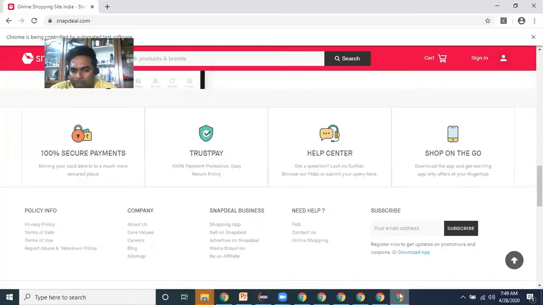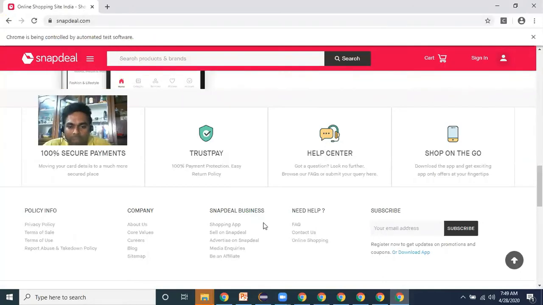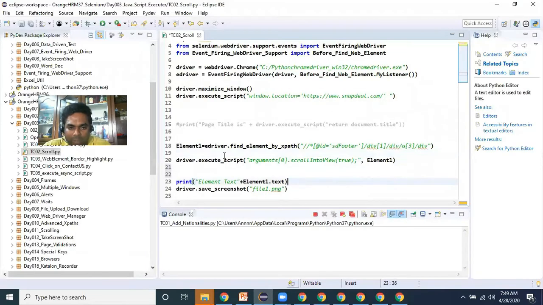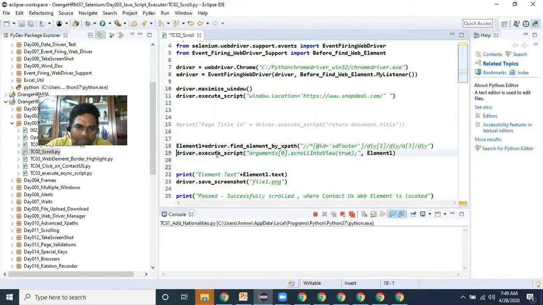The main purpose people use JavaScript executor is for scrolling purposes. If you are scrolling, people will use this command very frequently, because whenever they want to take snapshots at the bottom of the page, you just need to create a web element and pass that web element as an argument.